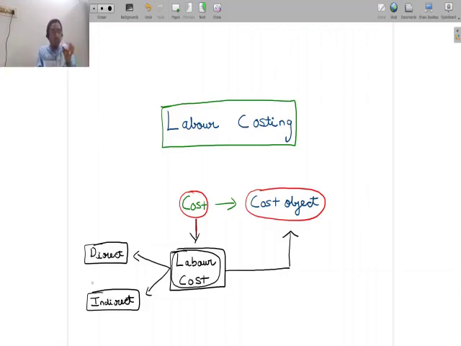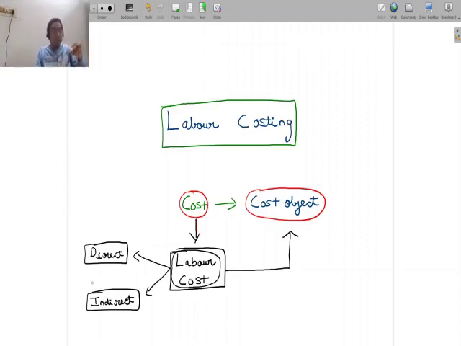So the amount that is paid to the supervisor for his supervision of the workers who are connected with the manufacturing of product A is also to be classified as labor cost, but that is something I would classify as an indirect labor cost, because I cannot trace the amount I pay to the supervisor to one particular unit. I can't say that out of the money that I pay the supervisor, this portion belongs to one unit of product A, that portion belongs to another unit of product B. I can't tell that. I just pay him an amount for him to supervise.